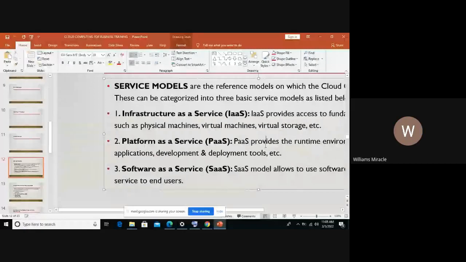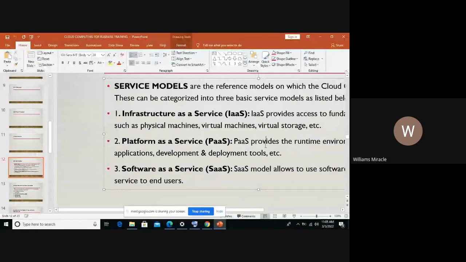Then the part you said you're confused about, software as a service. The software as a service allows you to use software service to end users. In business, you agree with me that you're offering a service, right? Businesses can be in different categories.